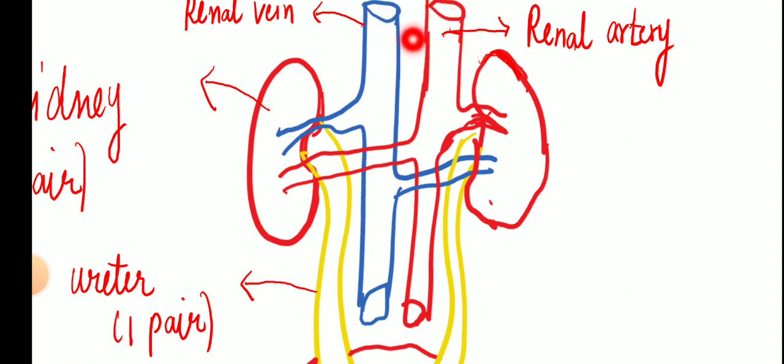So the red colored vessel, the renal artery, sends the blood to the kidneys where blood is purified. There is removal of nitrogenous waste with the help of kidneys. In the lungs, oxygenation of blood is carried out, and there is removal of gaseous waste, carbon dioxide. In the kidneys there is removal of metabolic nitrogenous waste from the blood. So blood goes to the kidneys for purification, and blood goes to the lungs also for purification, but in the lungs there is removal of gaseous waste, and in the kidneys there is removal of nitrogenous waste.